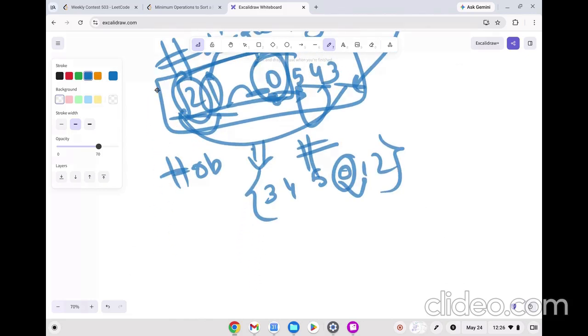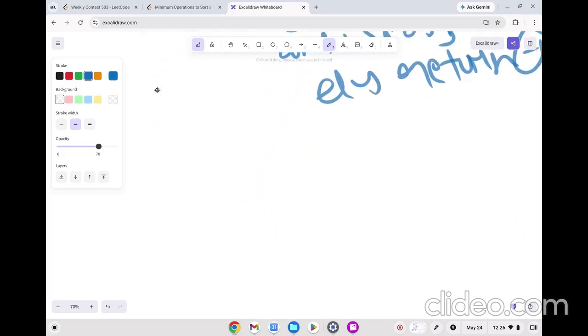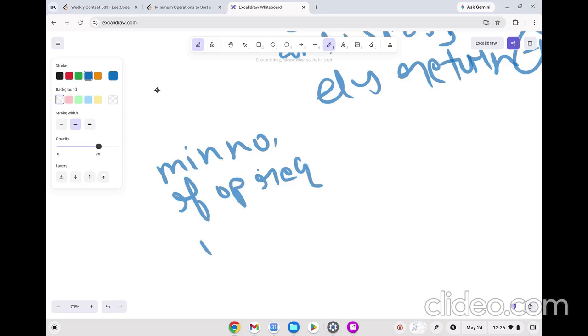So in that case we can say the answer is possible, right? Only in these two cases the answer is possible, else return -1, right? Till this point I hope you are on the same pace with me. All right, now let's see what is the minimum number of operations required if the array is